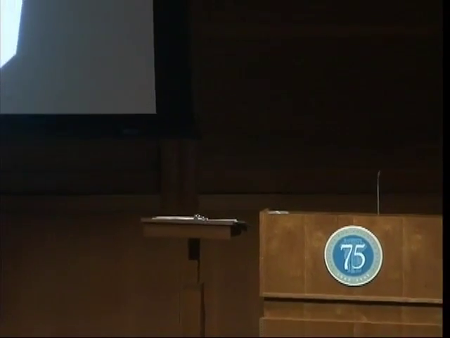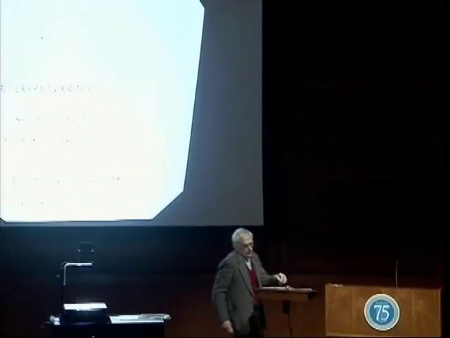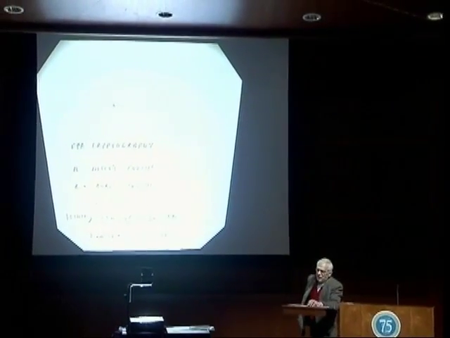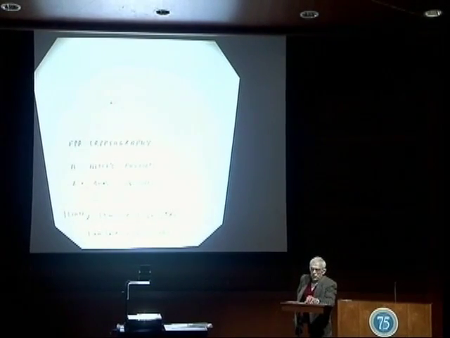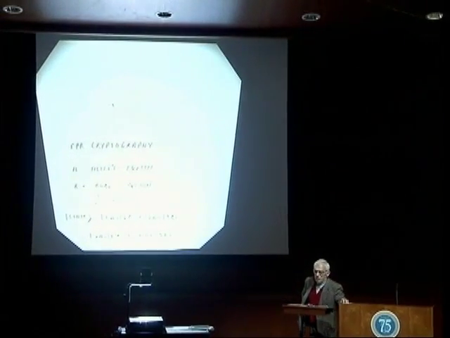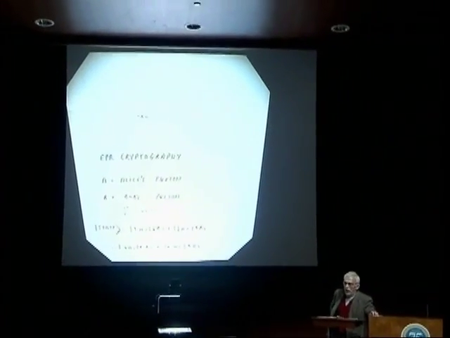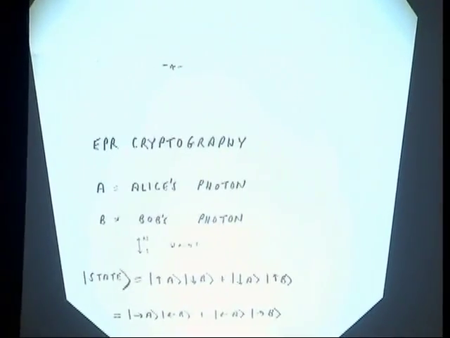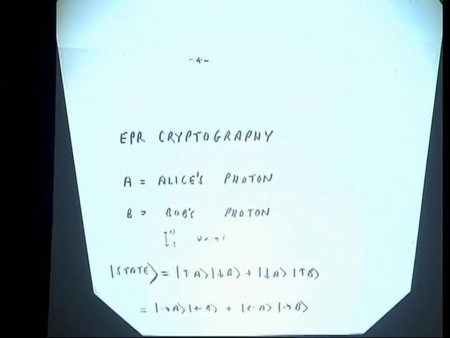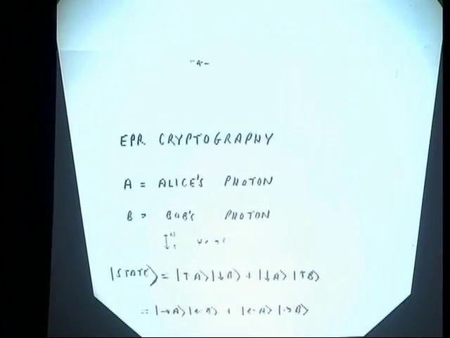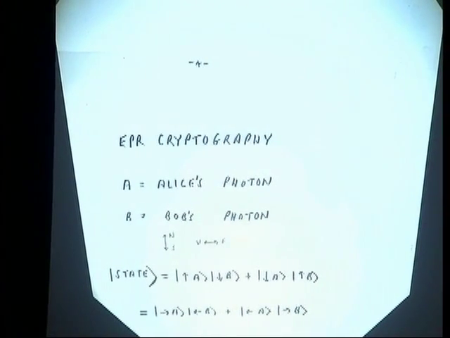The initial coherent superposition of up right and down left plus down right and up left has been reduced by the measurement process on the right to a single term. If the observer on the right finds up, the observer on the left must find down, and if the observer on the right finds down, the one on the left must find up. This is the kind of non-local correlation that EPR found unpalatable.